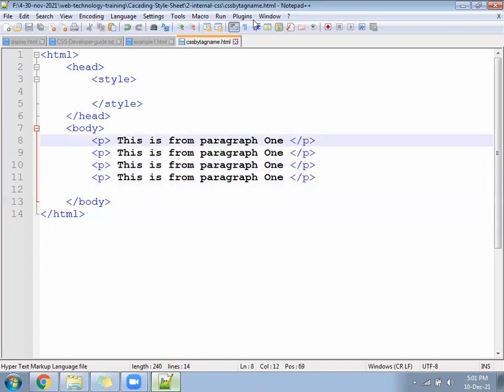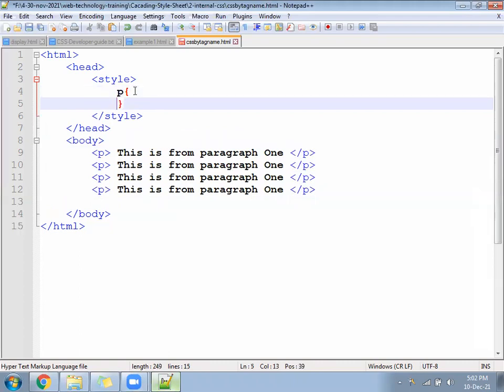Right? Out of that 4 paragraphs, we wanted to apply the common CSS for all. So open the P tag, close the P tag.